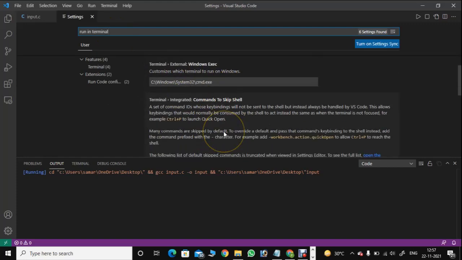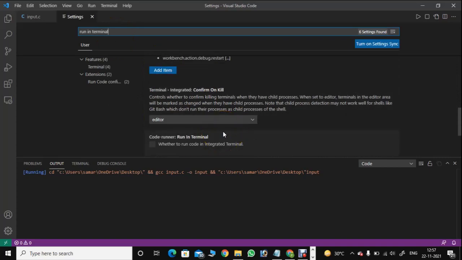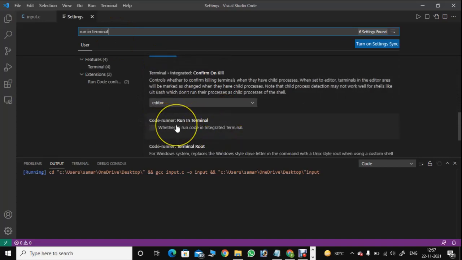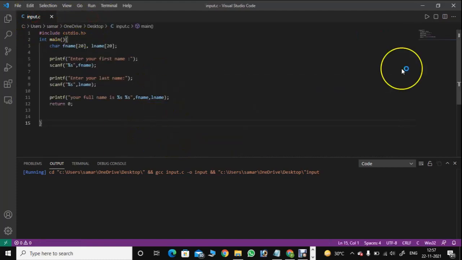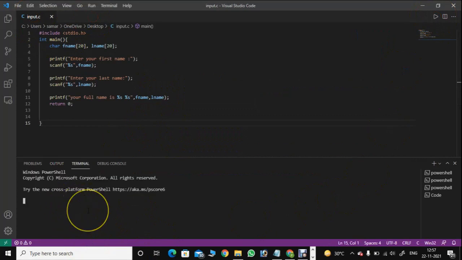Now scroll down and find run in terminal. So as you can see, it has come, run in terminal. Now toggle the checkbox. Finally, go back to input.c file and let's run it again. So now it's running.